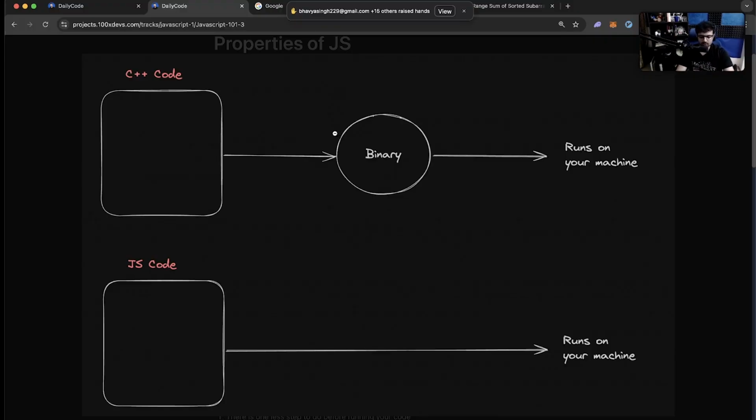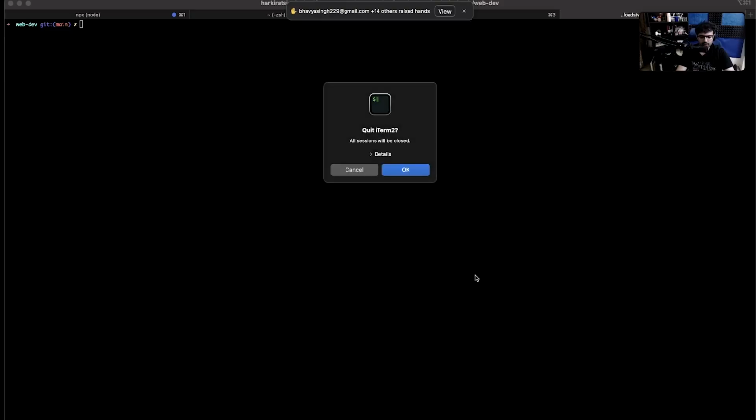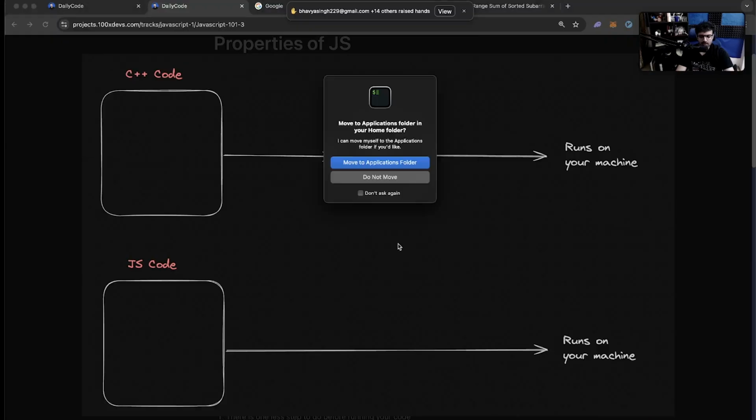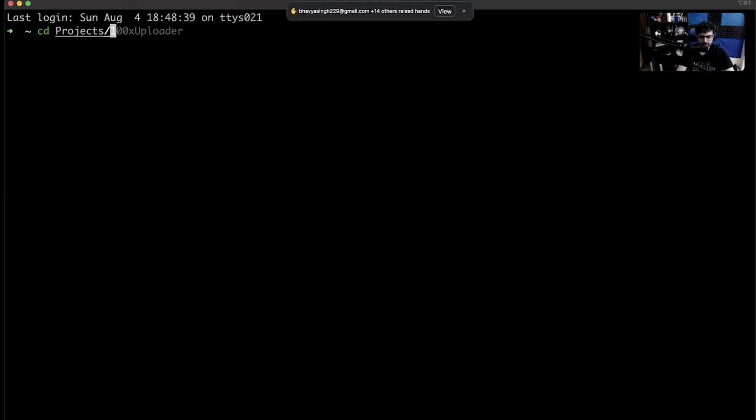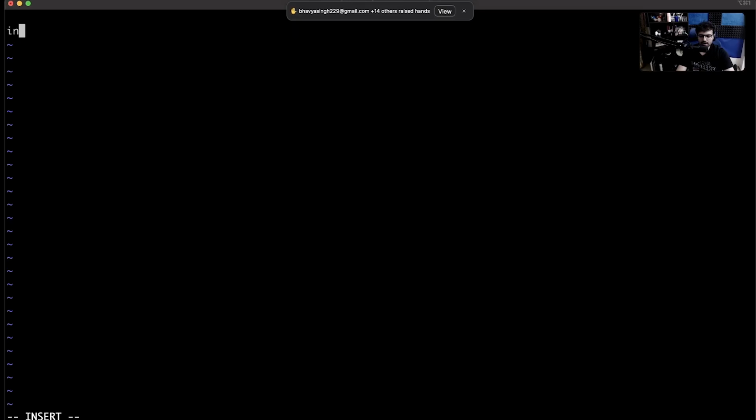You don't have to run this locally, but if I write some C++ code really quickly, a.cpp, int main, return 0. If I write a very basic C++ code, don't worry about what it is or what it does.